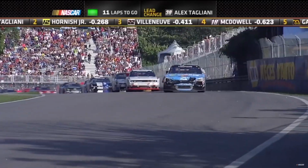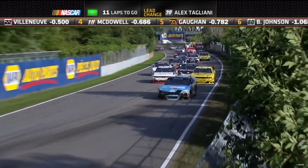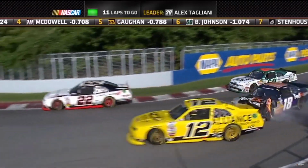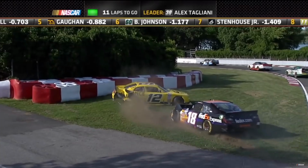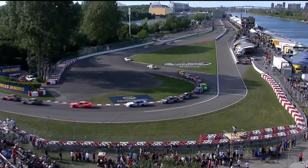Yeah, and this is in the past. This is where Villeneuve has come unglued. Needs to. Wow! Oh, and now Hornish gets rammed by the 18 of McDowell, and he is into the barrier. Has to get going. Now here's the second incident,